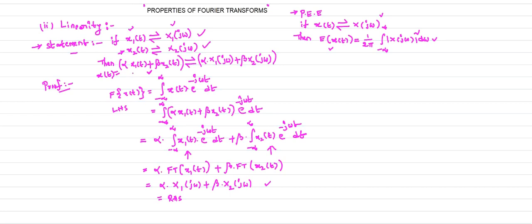So whenever your input is a linear combination of the two inputs, the corresponding Fourier transform is the linear combination of the corresponding signals in the frequency domain. This is your output. So to prove this, we consider the Fourier transform of a signal x of t. Here x of t is a linear combination of the two signals, and rearranging the equation so that I will get the right hand side of the expression, which is the linear combination of the corresponding signals in the frequency domain. This is the linearity property for the Fourier transforms.